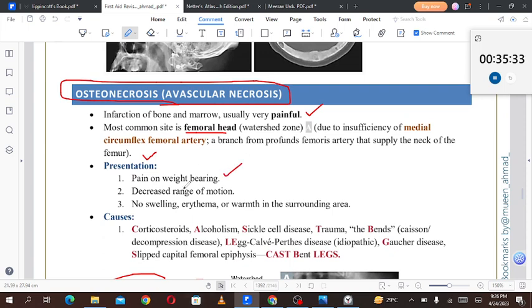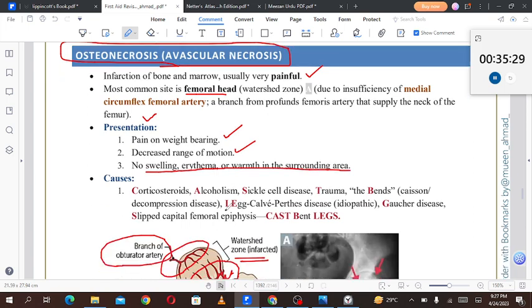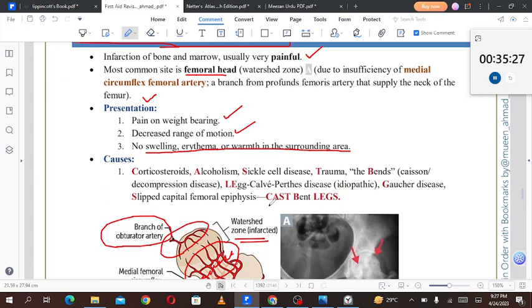Pain on weight bearing, decreased range of motion, and no swelling, erythema, or warmth in the surrounding areas. Causes: cast, bent legs, corticosteroids, alcoholism, sickle cell disease, trauma. The bends, that is Caisson decompression disease, leg-Calvé-Perthes,